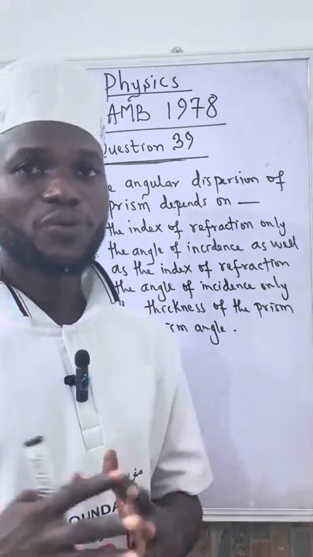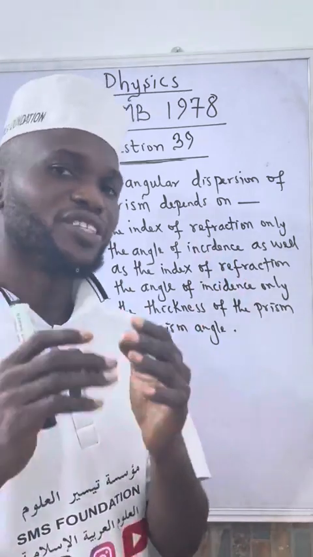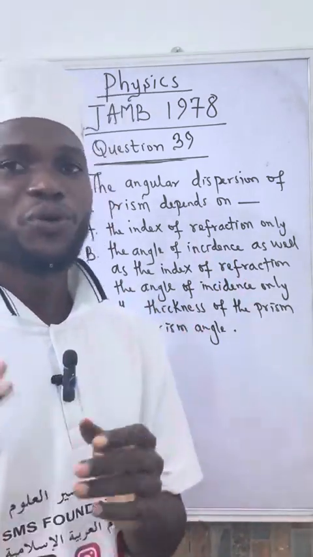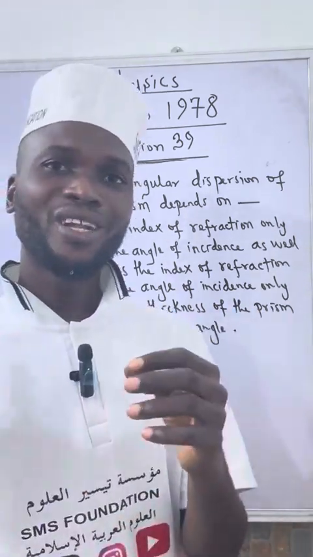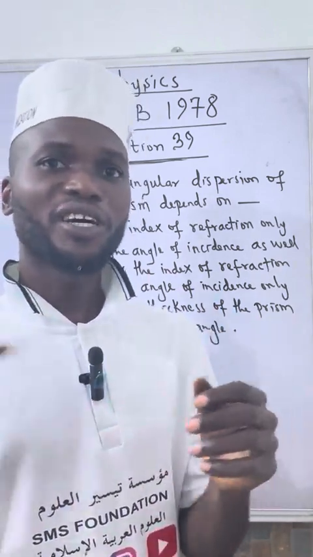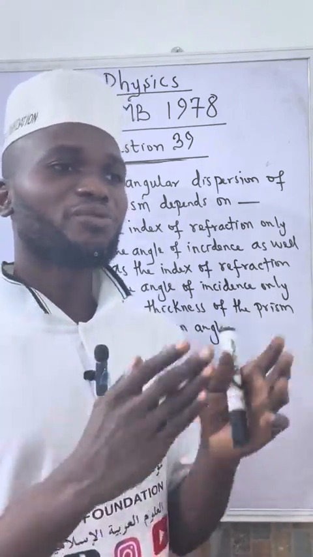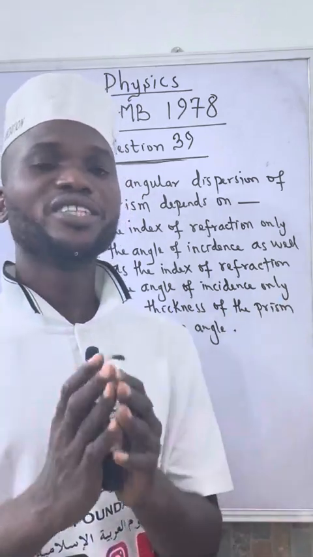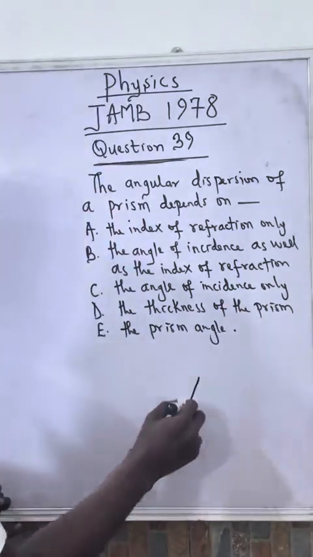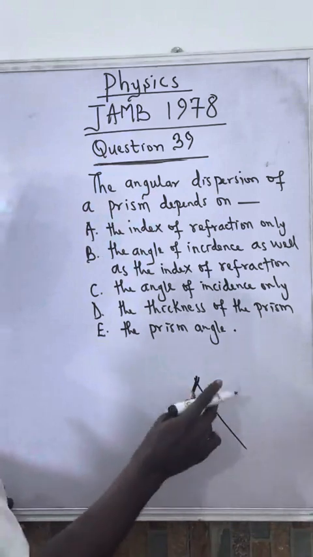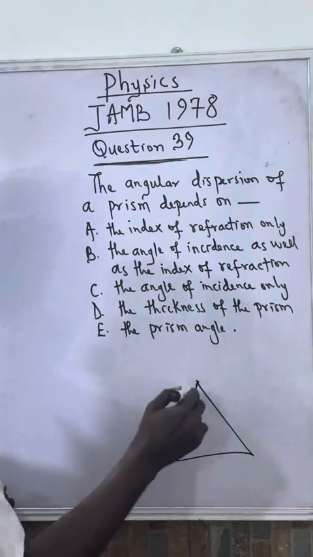Very good. So this is a question on refraction of light through a triangular prism. This question needs you to understand how white light behaves as it passes through a triangular prism. The dispersion of the light spectrum actually depends on about 4 things. So first of all, let me draw a triangular prism. It's most especially an